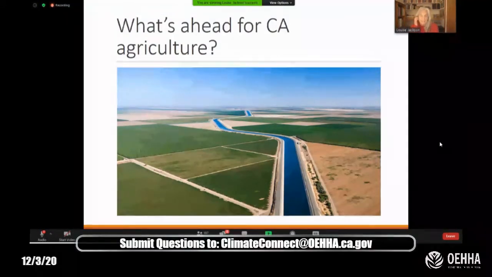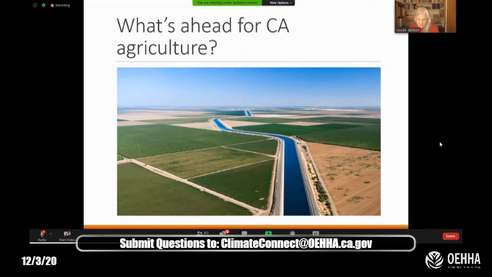So what's ahead for California agriculture? That's a really tough question, and I won't be able to answer it, but I thought it would be good to talk about a very typical type of scenario for agriculture in the Central Valley and what the vulnerabilities might be. This is a simple landscape. It's been graded. It has only a few crops, orchards and annual crops, and a lot of fallow land. The fallow land is usually because growers are waiting to plant annuals until the weather's in the correct state or the markets are ready for their annual crops.